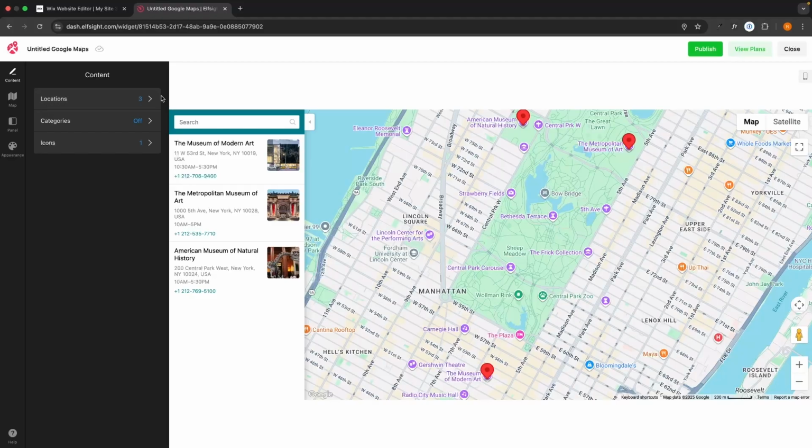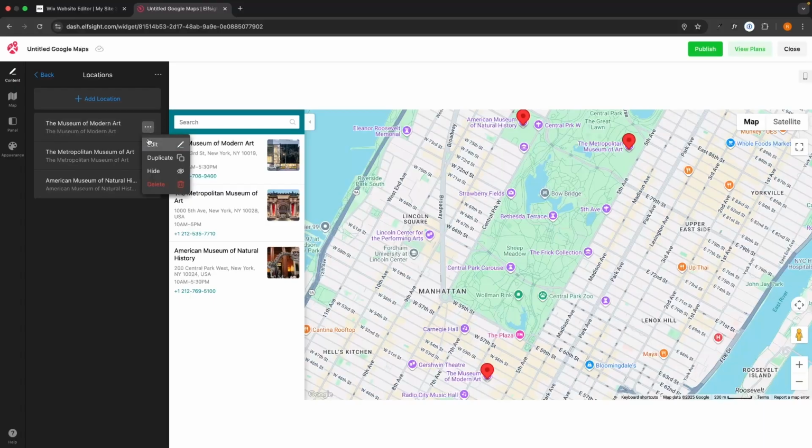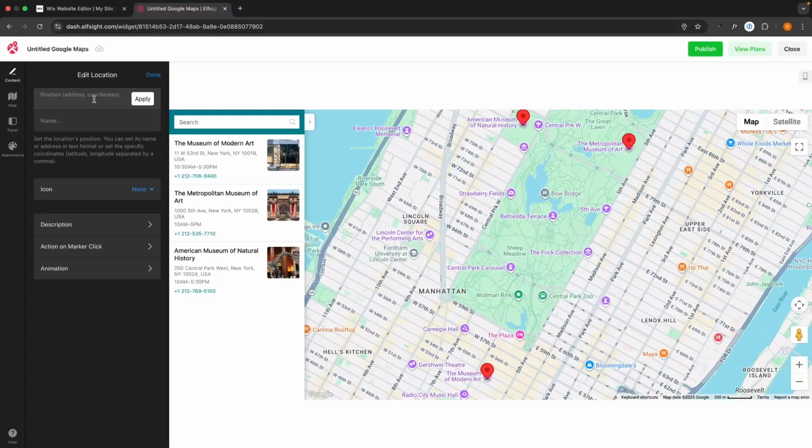Once that is added, we can then go to the content area, and in here we can go through and add all of the locations that we would like to add. So we can click in, and if you just want Google Maps and you don't want any locations, you can just go through and delete these. But to add in a new location, we just go to add location,